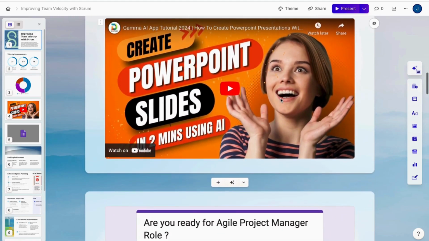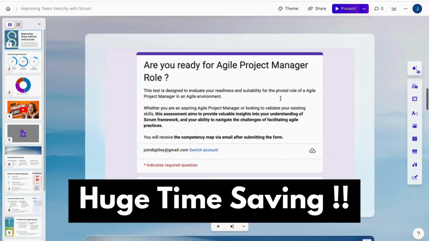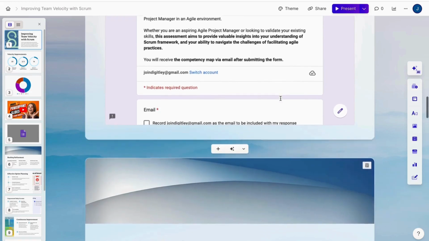I highly recommend trying Gamma.app, especially because it saves a huge amount of time, allowing you to focus on more